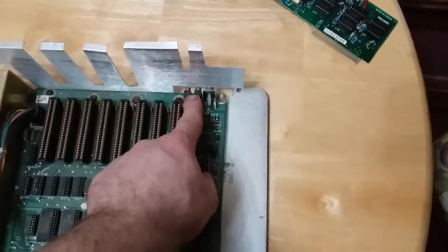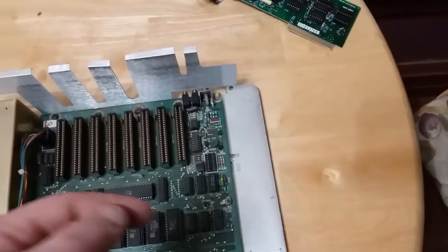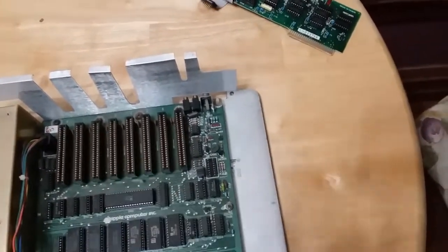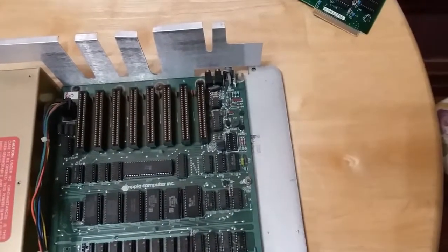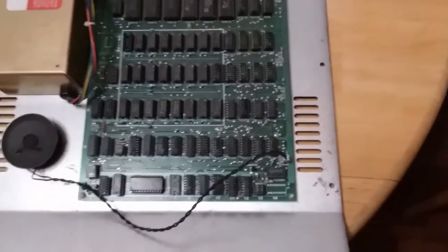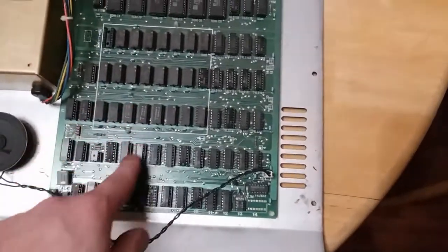Because if this has a working cassette port, I should be able to plug this into either my laptop or my smartphone and play a WAV file of a program, like a game, to get onto this. Maybe. I don't know. I'm going to do some more research on that. But yeah, if everything works on this machine,